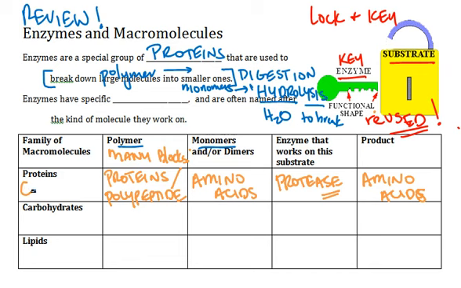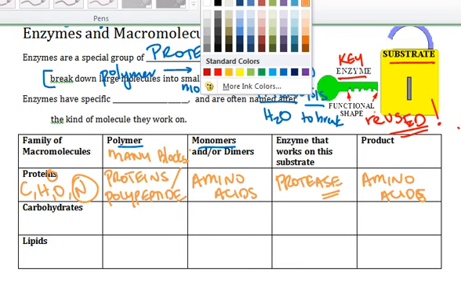Proteins have carbon, hydrogen, oxygen, and nitrogen in them. And nitrogen is key. Good way to remember that is that there's an N in proteins. Okay, but when we talk about the other